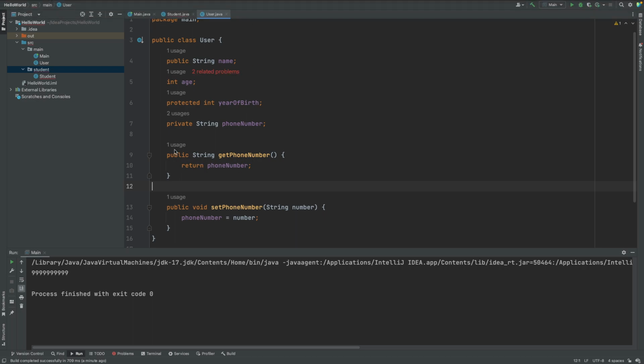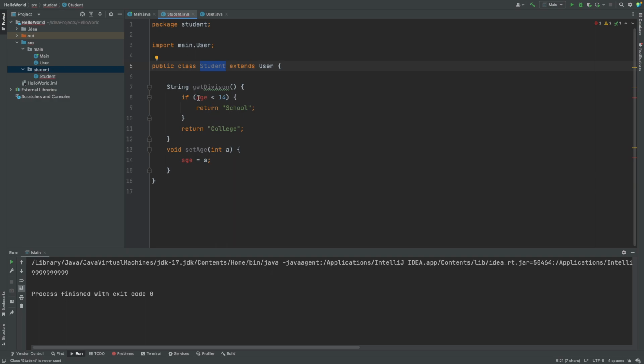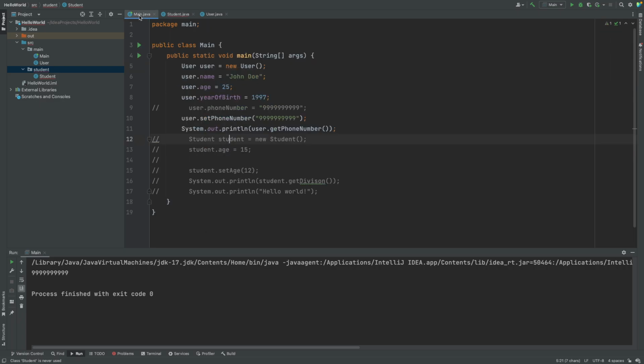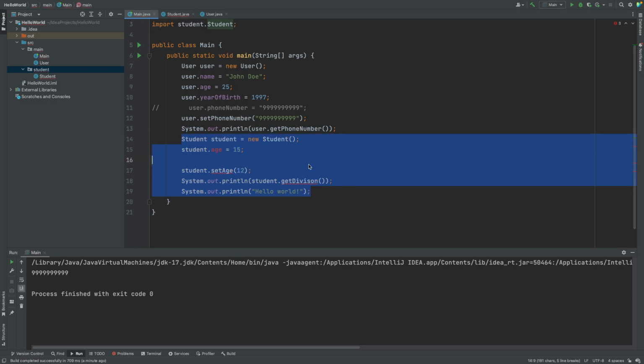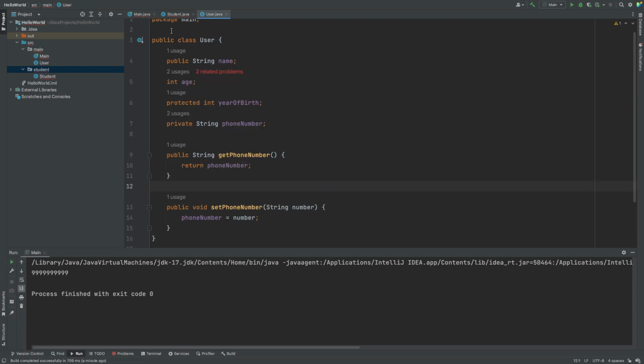So here if we see, we are getting the error: the age is public in the main user and we are trying to use it, right? So it is not accessible here because it is in another package. In the main Java, if we now remove this, we can see that the same problem is here also. The age is something which is default, and we are trying to access it. So what we can do is make this one also protected. So if we make this protected,